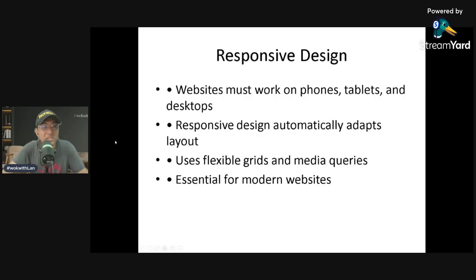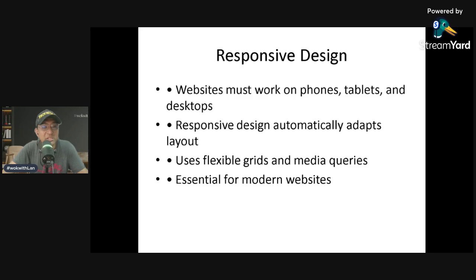Responsive design ensures that websites adapt automatically to different screen sizes. For example, a desktop website might display 3 columns, but on a smartphone, it may display 1 column only. Responsive design uses techniques like flexible layouts, so it will just adjust accordingly depending on the device that you are using, media queries and adaptive images. What does it mean by adaptive images? It will increase or decrease that particular image, depending on the device that you are using. This ensures that the website provides a great experience on any device.